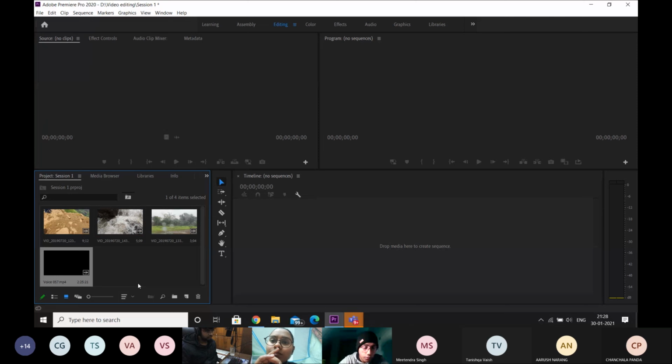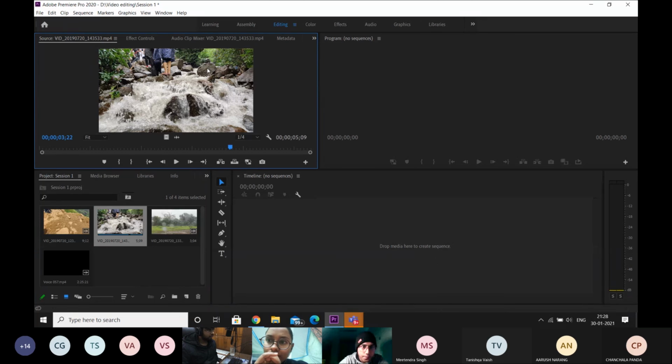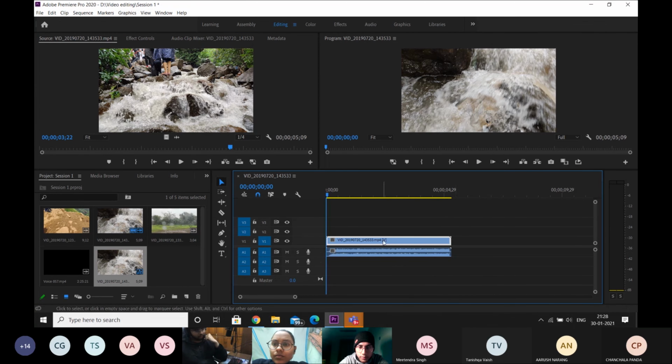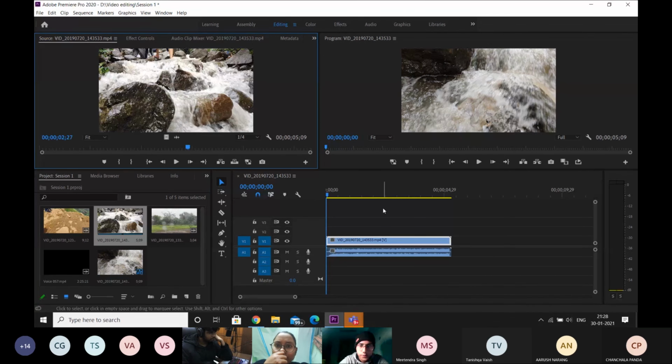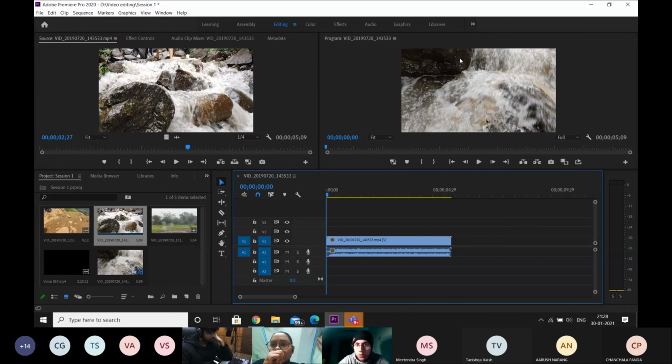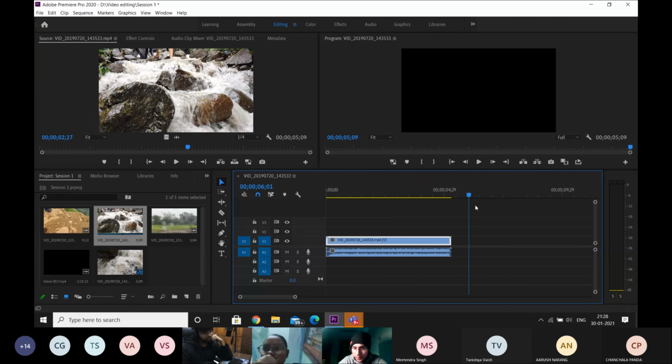Now let's say I want to see properly what is inside this video. I just need to double click on this. As soon as I double click, the video opens over here on the source monitor. Like I said before, even if I drag it onto the timeline and double click on it over here, it opens in the source monitor. If I double click over here, it opens in the source monitor. Now anything that you have open in the timeline shows over here in the preview window. So the cursor is over here, it will show me what's over here. If the cursor is over here, as you can see, there is nothing at this particular point in the timeline. That's why the screen went blank.